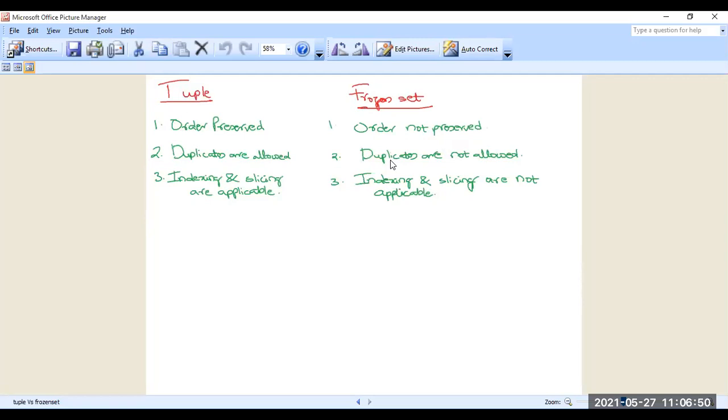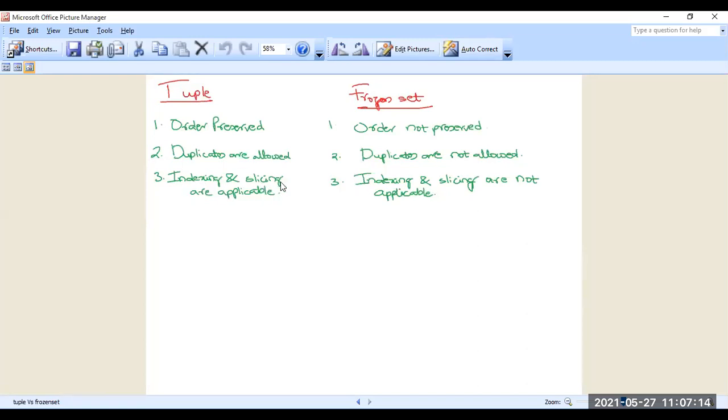Can we mention multiple elements in the set having the same value? No, sir. Frozen set will not allow duplicate values. With a tuple, indexing and slicing is available. When it supports indexing, obviously it supports slicing.